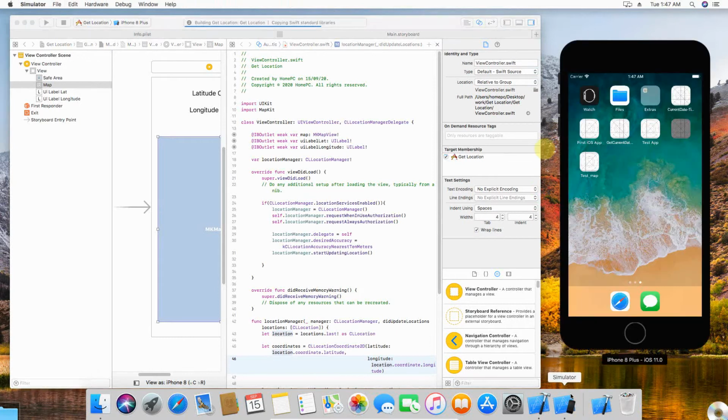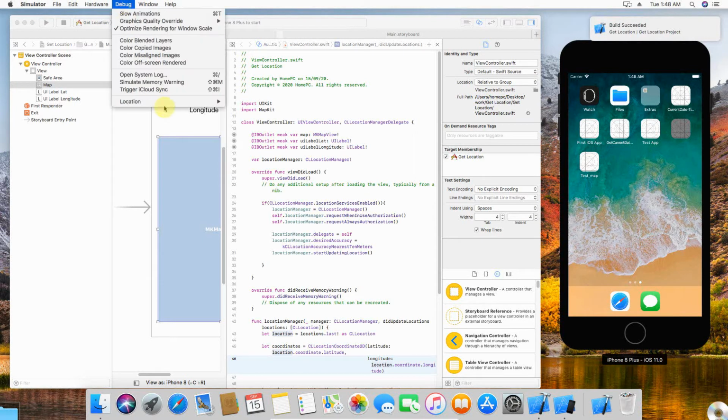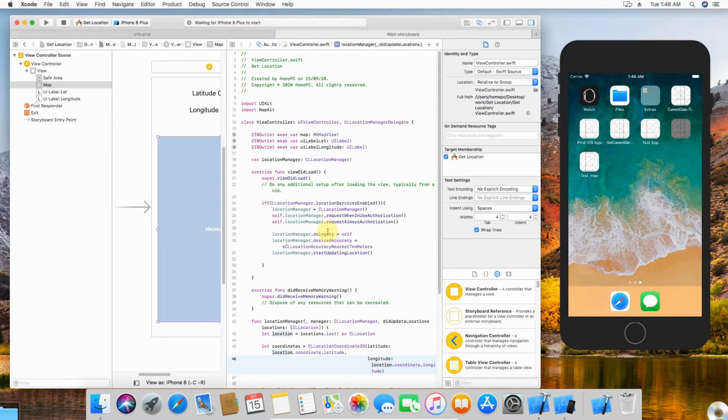I'll also show you in the debug of the simulator. I'll set it as Apple, which is basically the Apple headquarters in California, and I'm expecting that once my app comes up, it should point to this particular location. It says iPhone 8 is waiting to start, so we'll have to wait.